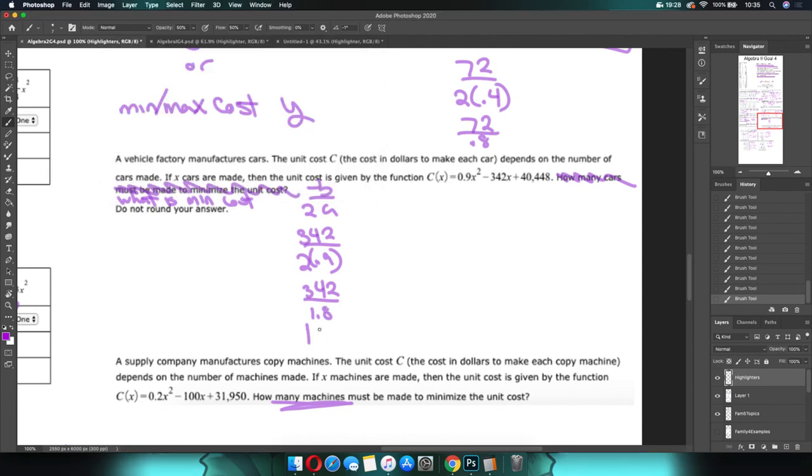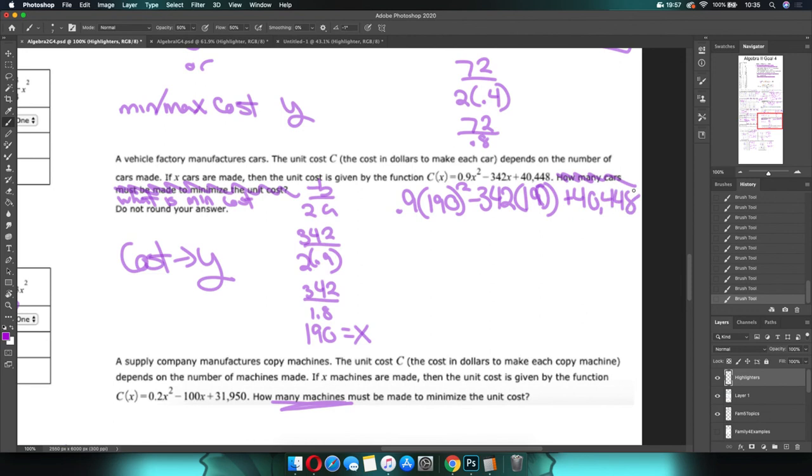190. So that's 190, and now all we have to do in order to find the y, because it's asking for our cost, and that's our y, is take our x and plug it back in. So 0.9 times 190 squared minus 342 times 190, plus 40